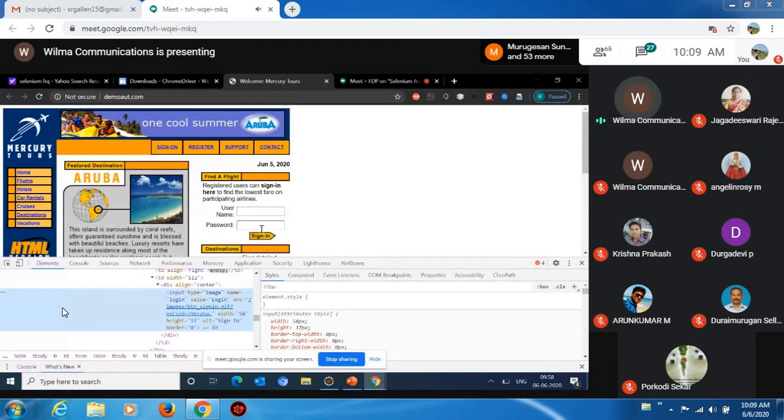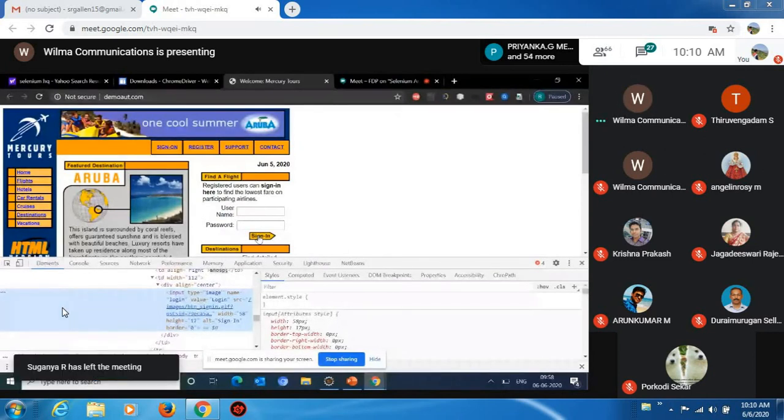Using an assertion, we can check whether this particular object is enabled, visible, displayed or not. Right now I'm going to check whether this object is displayed in this particular application or not.